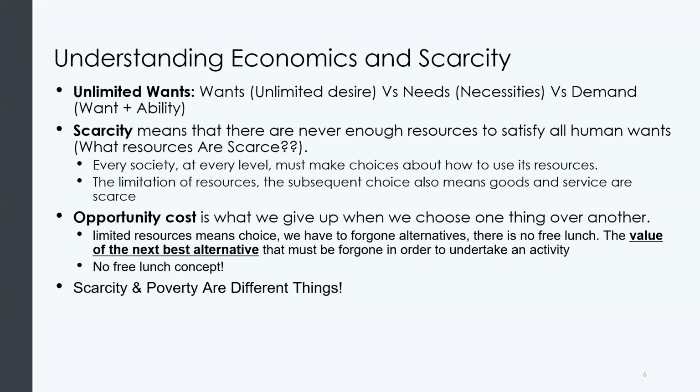A want is unlimited in nature. As long as I don't have to pay for it, I want a Lamborghini, I want a Ferrari, I want an Aston Martin, I want all of them. It is an unlimited desire that you have as an individual. Whenever we are talking in economics, we come back to this term, unlimited wants. But you will notice that at a certain point in time, when we do the theory of demand and the theory of supply, I'm going to introduce two extra terms.